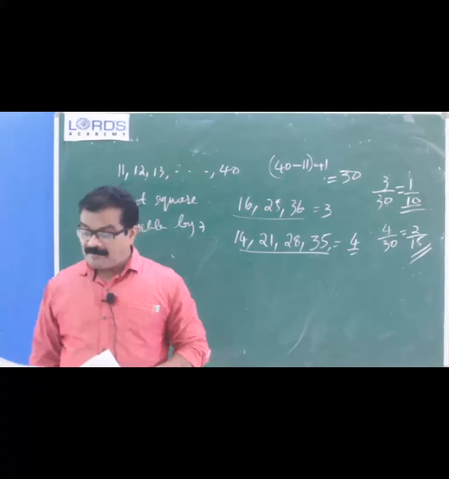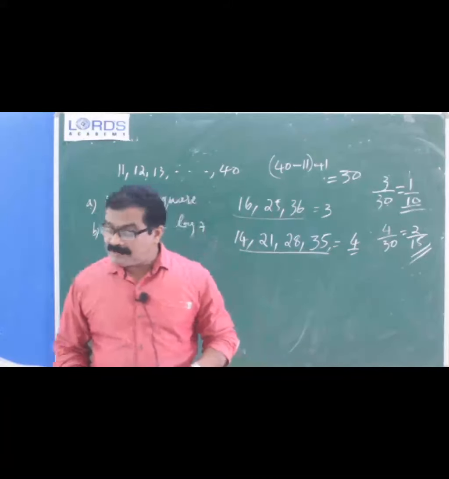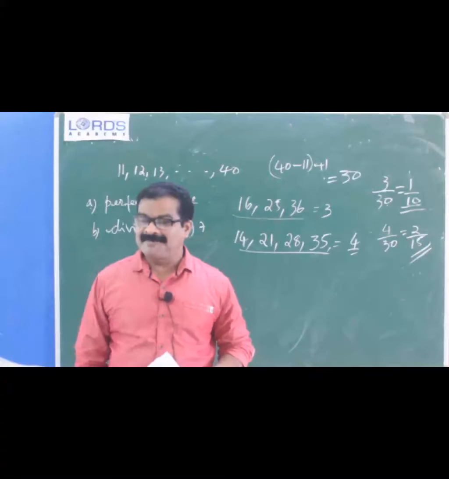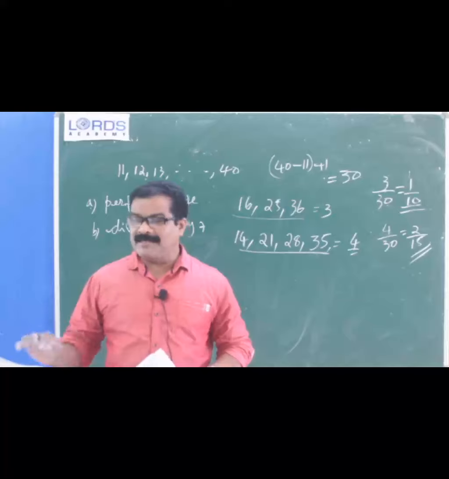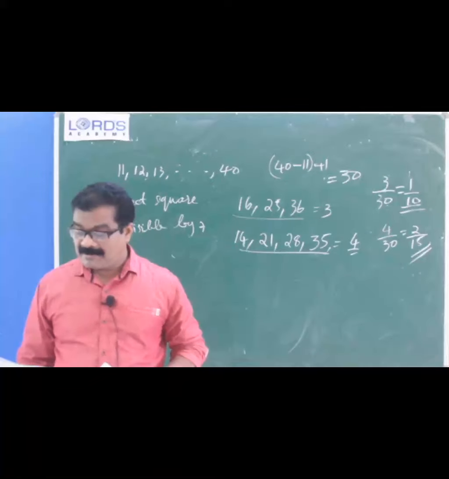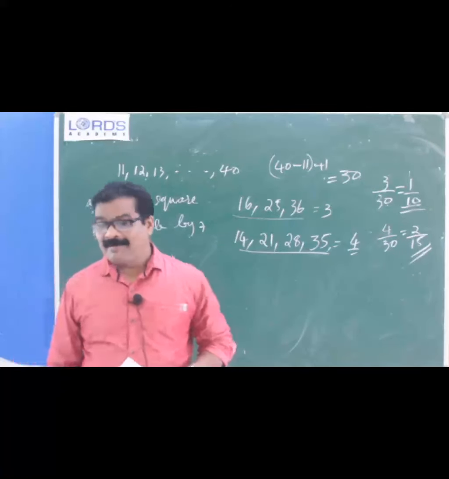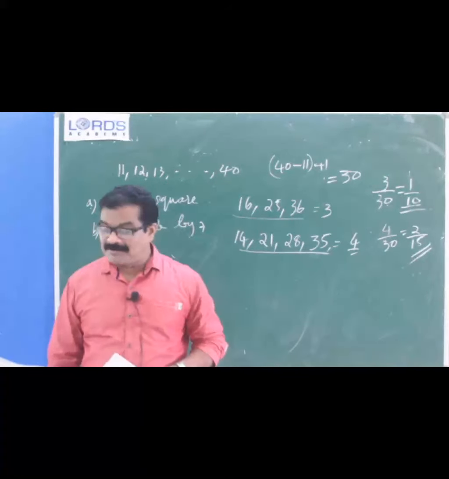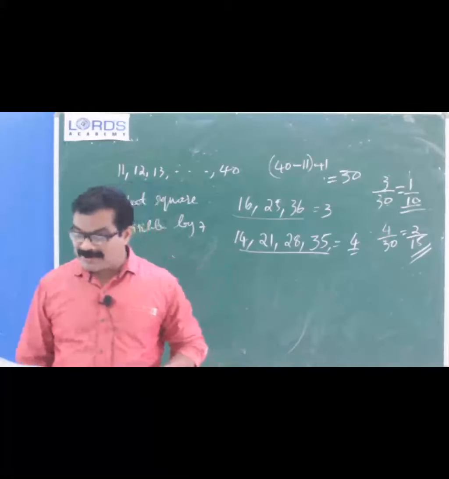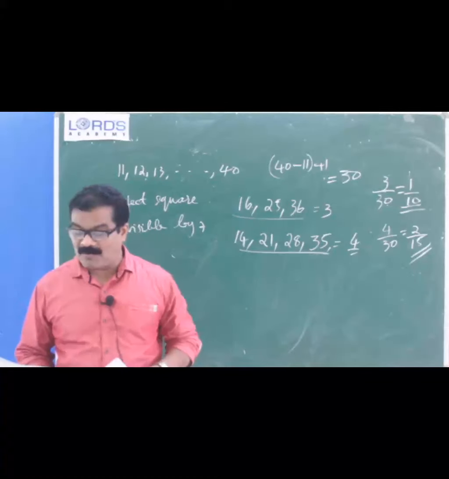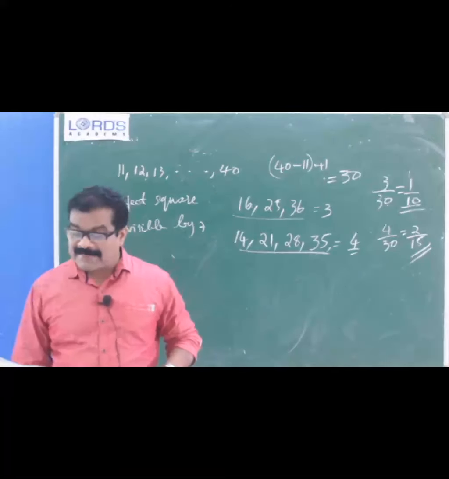Then for the probability of getting the smallest integer, which is the smallest integer among them? Negative 3. So what is the probability of getting the smallest integer? 1 by 6. Okay, 1 by 6. That is over. Question 32 is over. Then next, question number 33.